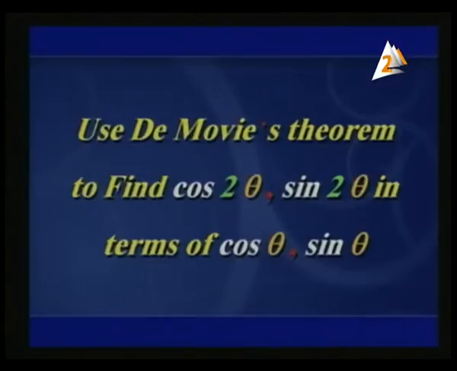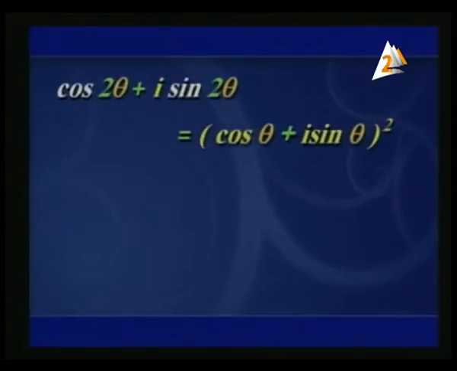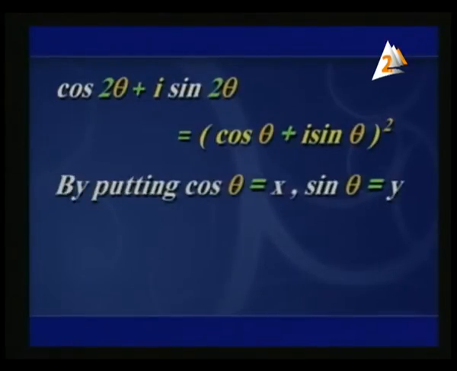Use the De Moivre theorem to find cosine 2θ plus i sine 2θ in terms of cosine θ and sine θ. Cosine 2θ plus i sine 2θ equals (cosine θ plus i sine θ) all squared, equals,